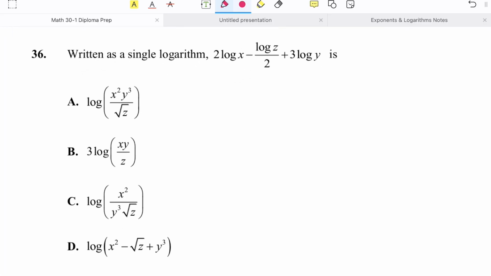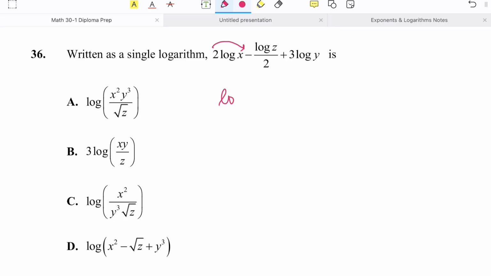We are given an expression and they're asking us to convert it into a single log. Now if you remember the bumping rule, we're going to do that. Log x to the power of 2 minus log z to the 2, plus, bump this again, so we get log y to the power of 3. Now this 2 right here that's given to me is